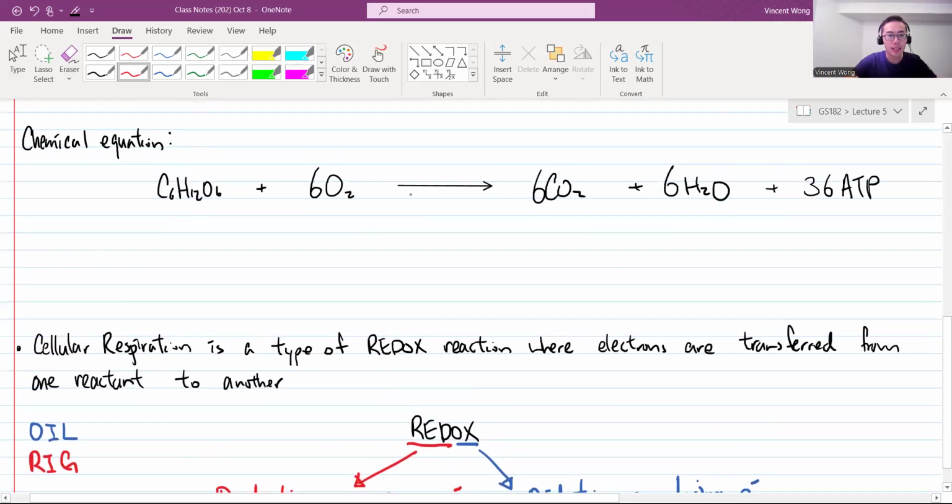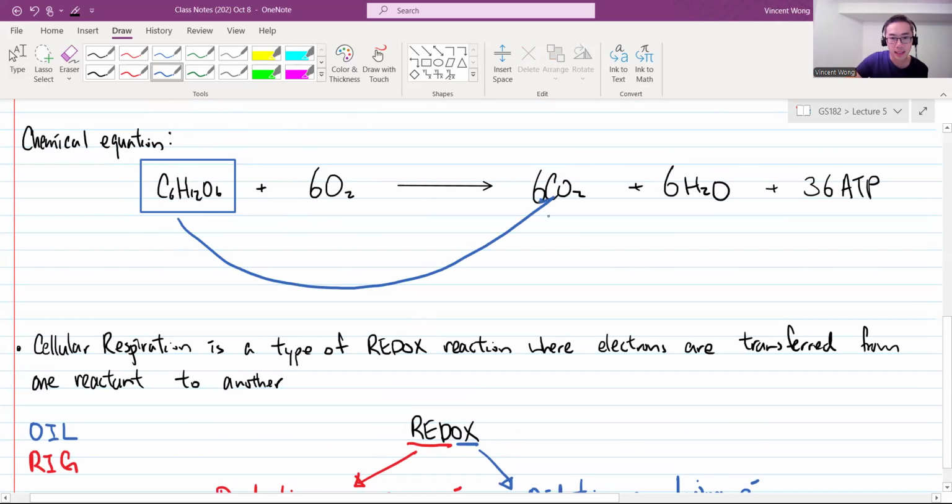Okay, well, let's go back to our reaction here. So it turns out the reactants, or the ingredients, are glucose and oxygen, which means one of them must be losing electrons while the other one is going to be gaining them, right? So the glucose is the one that will be oxidized. It's undergoing oxidation, basically. So it's oxidized into carbon dioxide, losing electrons.